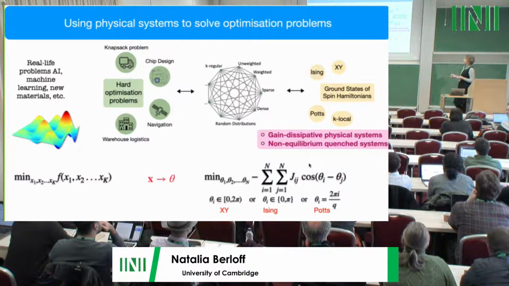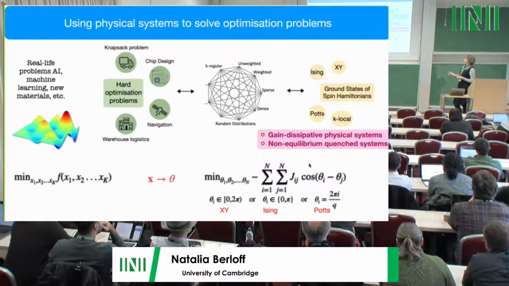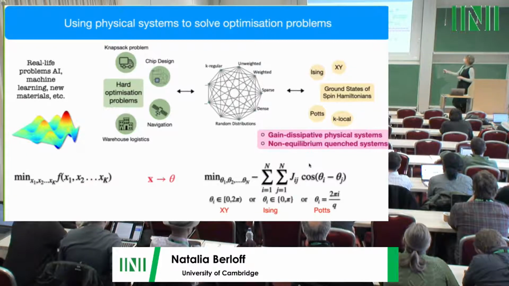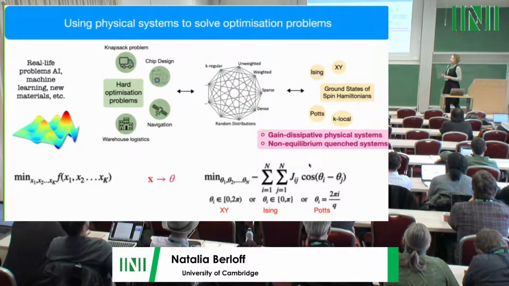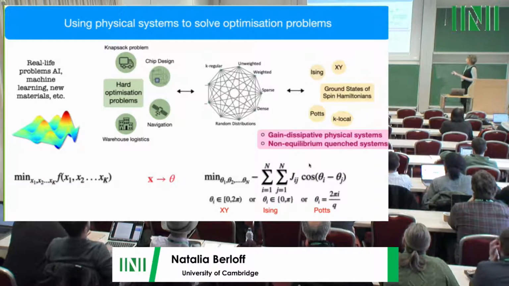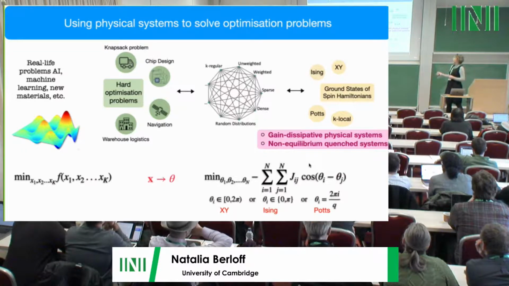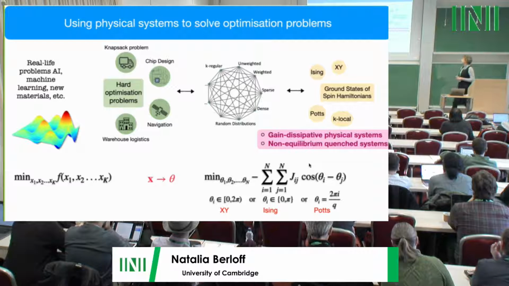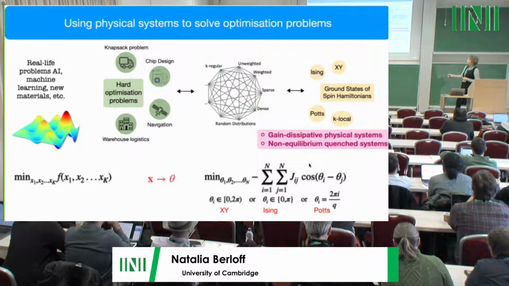So you start with your favorite problem in mind. You write it down as a graph problem, a problem living on a graph, where each node has one or more variables associated with it. Then you have some coupling strength that connects the elements on this graph. The problem of minimization is then formulated as finding the relationship between the variables so that some spin Hamiltonian is minimized. So again, if I start with the function f that has k variables, I'm trying to find the lowest lying state, the lowest energy state.